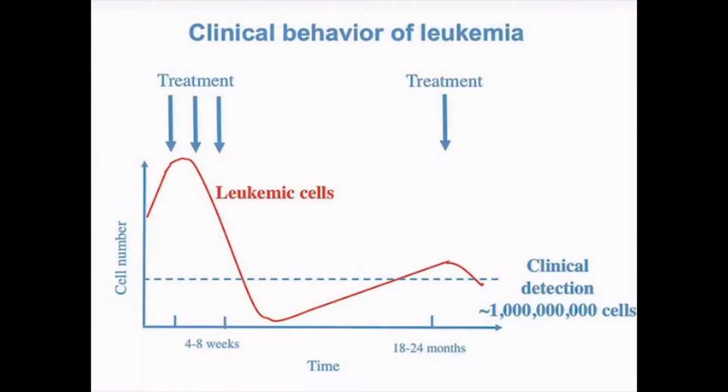Now, this is another way of looking at it. So you've got leukemia. It's growing and getting a whole bunch of leukemia cells and you treat it with chemotherapy or radiation or whatever you're doing, or a bone marrow transplant. Then the numbers drop off significantly. It goes below that billion level and now you can't detect any of it. And it stays below that. It might stay below it, as this chart mentions, for 1.5 years or 2 years.